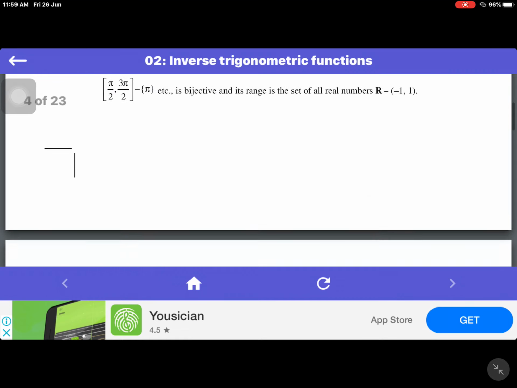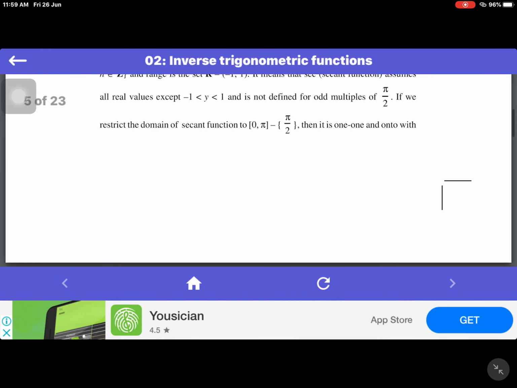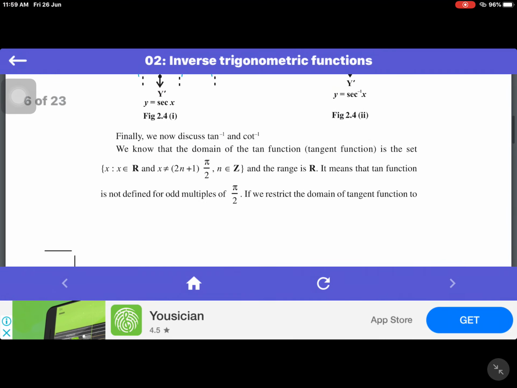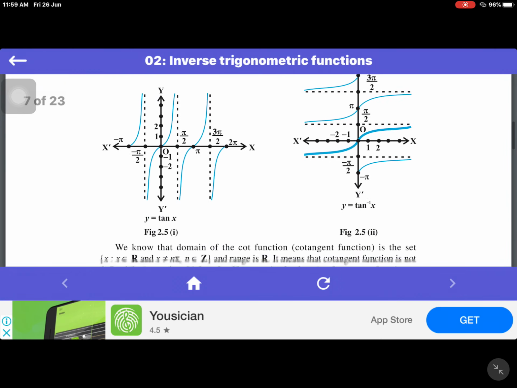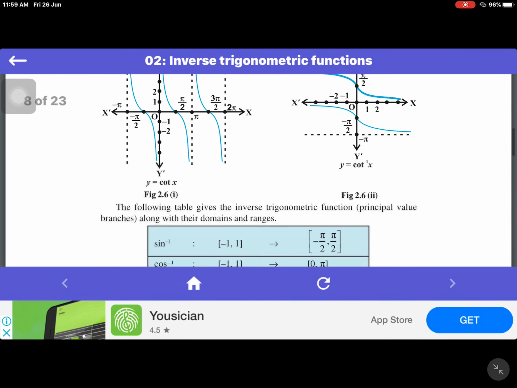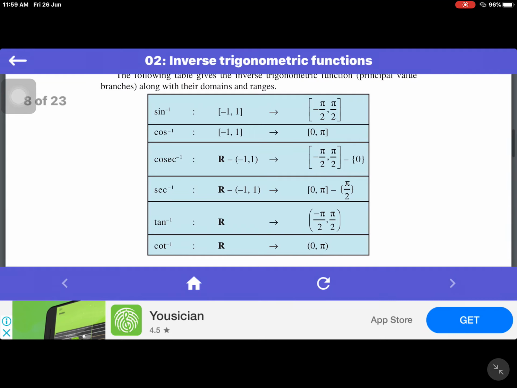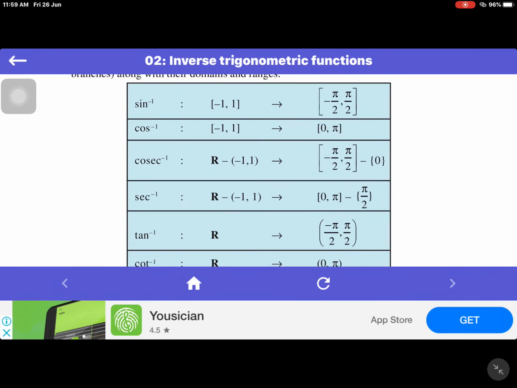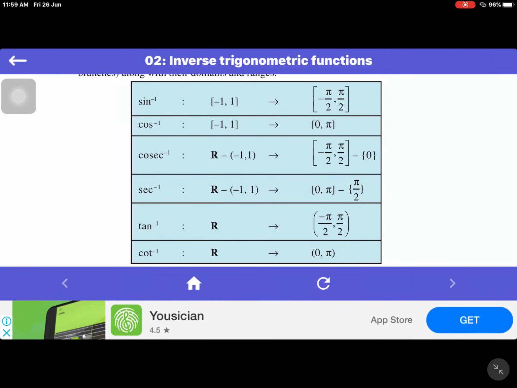Yesterday we discussed cos inverse, tan inverse, sec inverse, cosec inverse and cot inverse also. So today we will discuss application problems related to this. Once again I am showing here that sine inverse is a mapping from [-1, 1] to the closed interval [-pi/2, pi/2]. That we already discussed. This [-pi/2, pi/2] is the principal value branch of sine inverse.